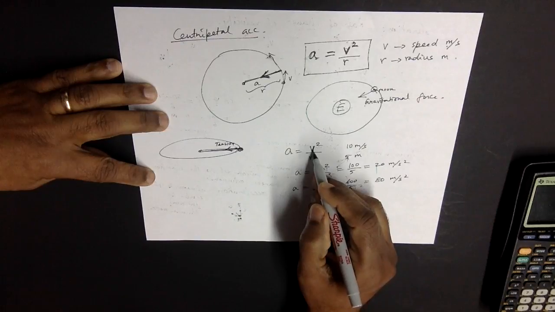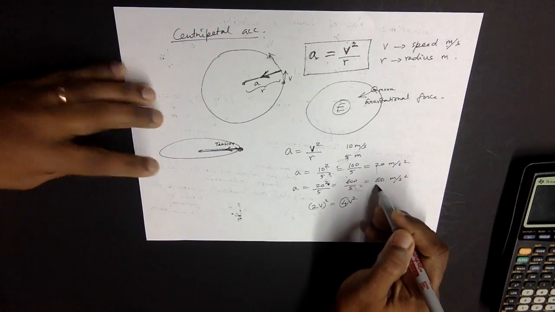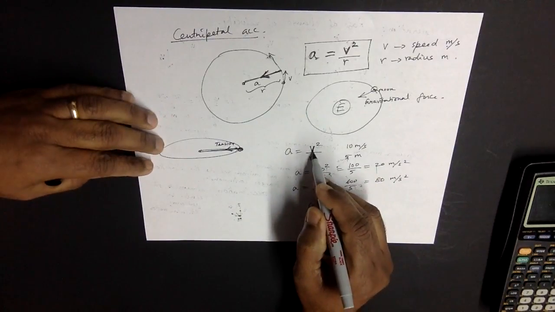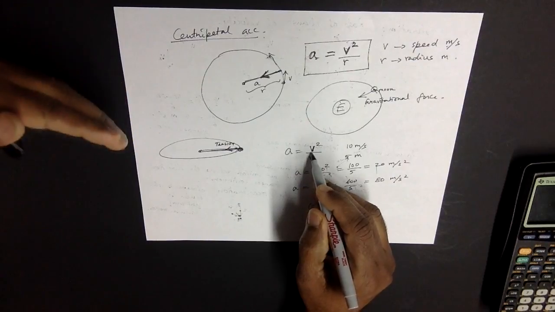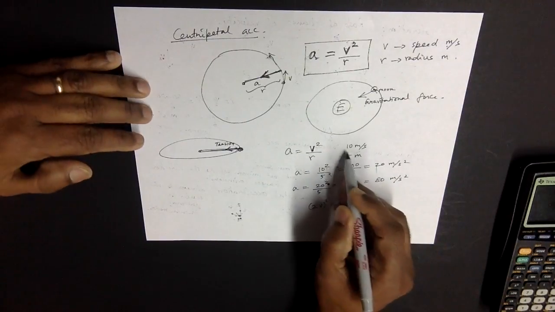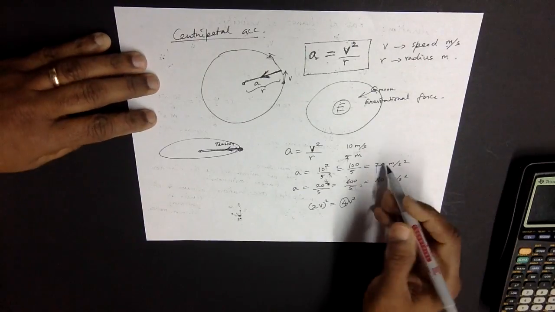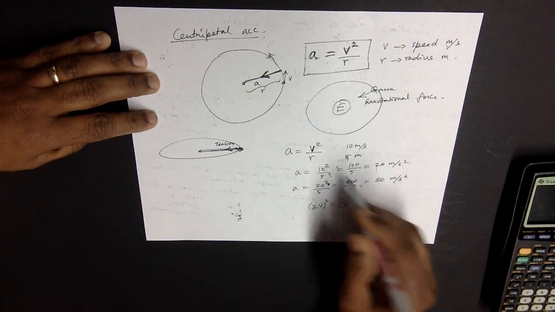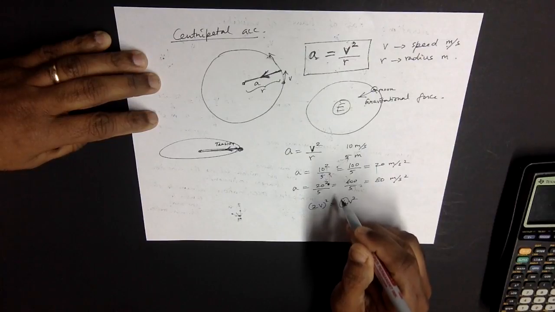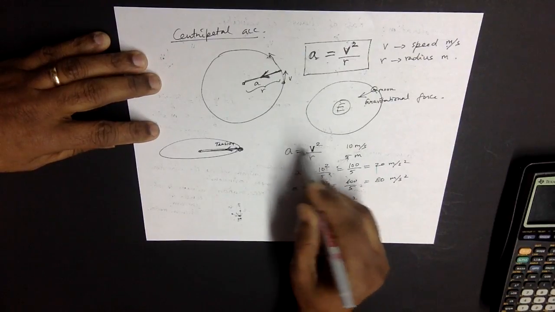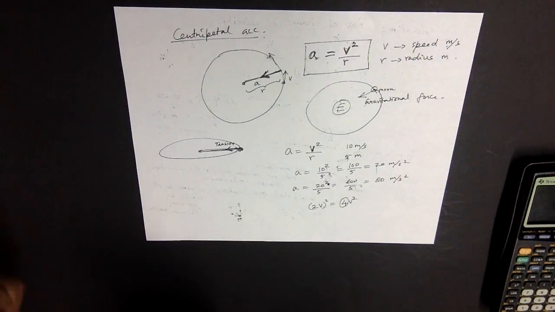If you slow down to 4 times slower, instead of going at 10 meters per second, you go at 2.5 meters per second, then you are going to cut the acceleration down by 16 times. So the acceleration equation should be